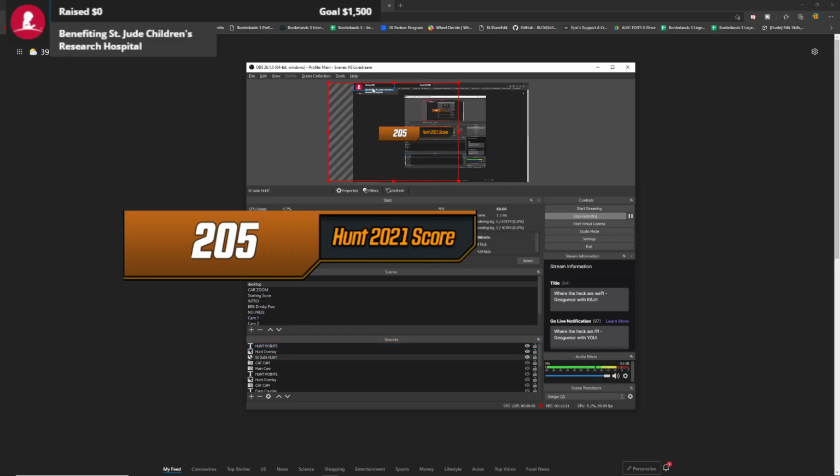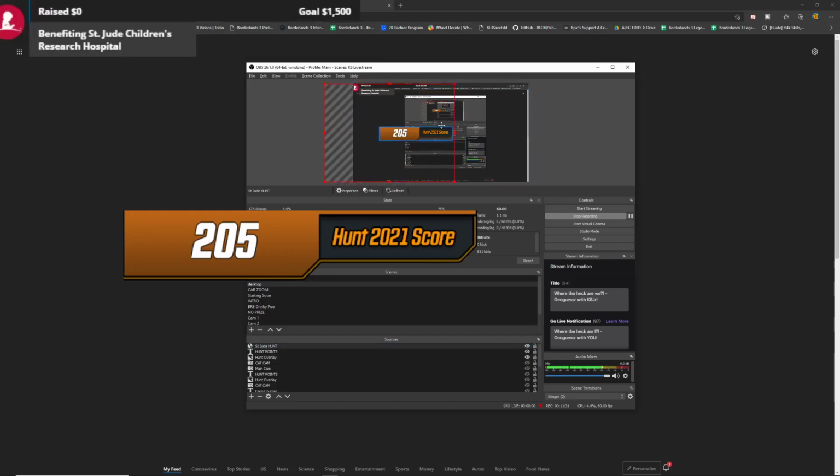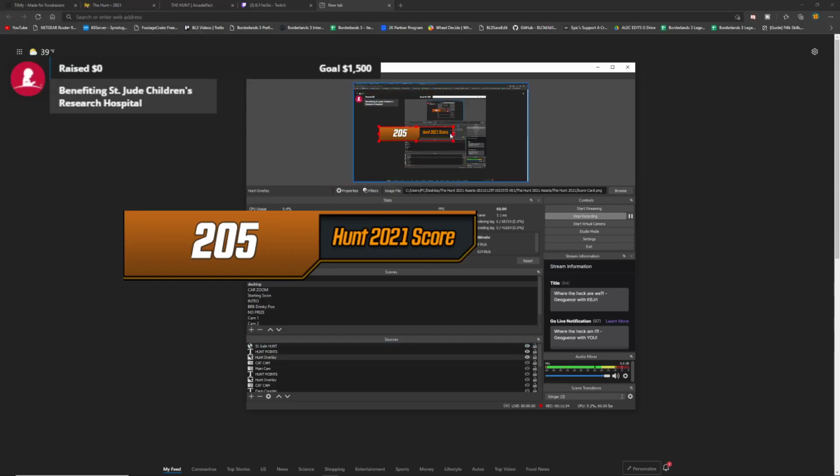You do want your St. Jude thing to be on the very top. And then I would say, if you want to do what I'm doing, I'm going to layer my hunt scorecard thing underneath of it. Sometimes it's hard to grab things in here, so if you click on hunt overlay,